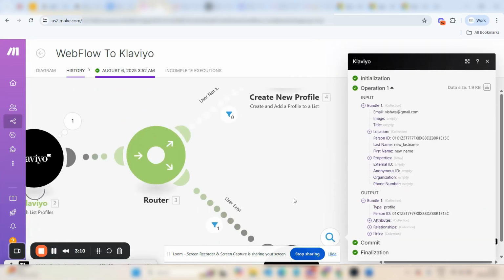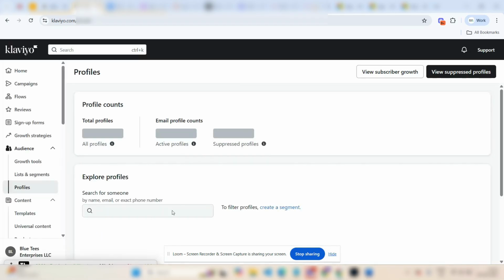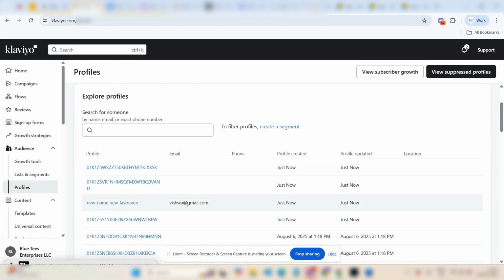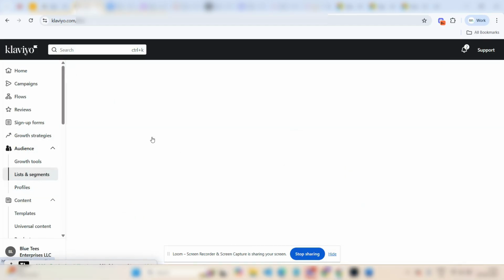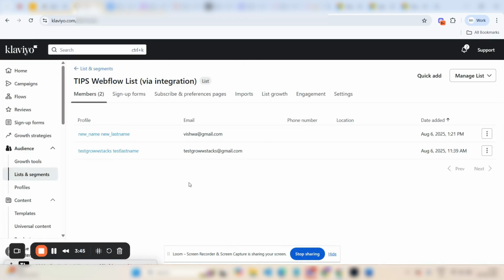So the email was matched, and you can see the new first name and last name are mapped. In Klaviyo also we can see, if I refresh it, that a new profile is not created but the existing profile is updated with my email as it is, and the new first name and last name are changed. So in the segments also, in the member list we have in Klaviyo, we have these two already existing names where emails are different and duplicate entries are not there. That was the entire automation.